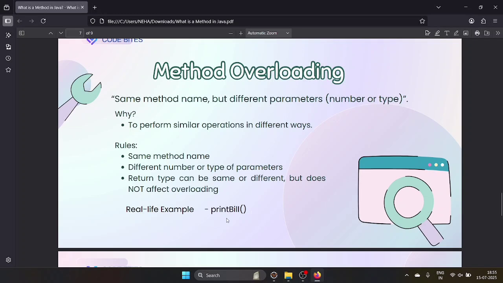If the person purchases something, then you need to apply some discount, right? So you will get a discount parameter here. Same print bill itself, if you have a discount, then the print bill discount method is going to be called. If that person purchased with some amount, then you call print bill, and the amount will go in that parameter. This is how method overloading works.